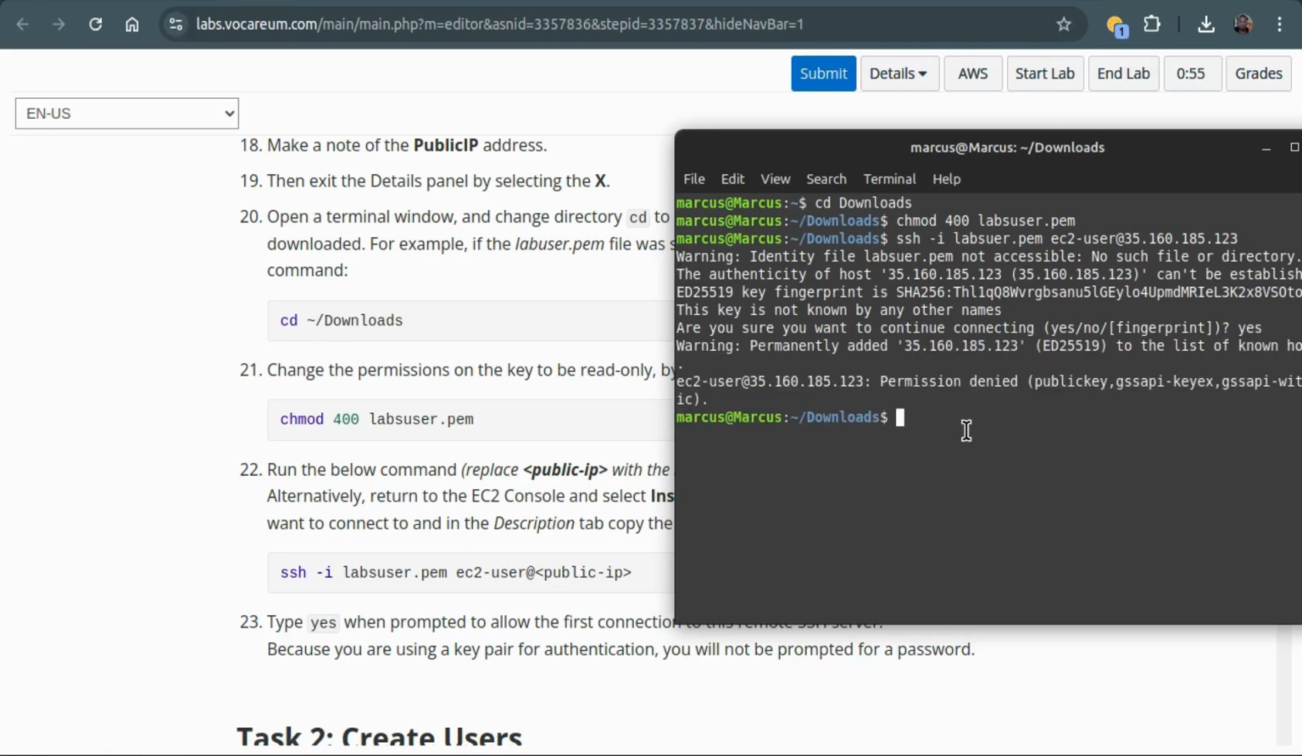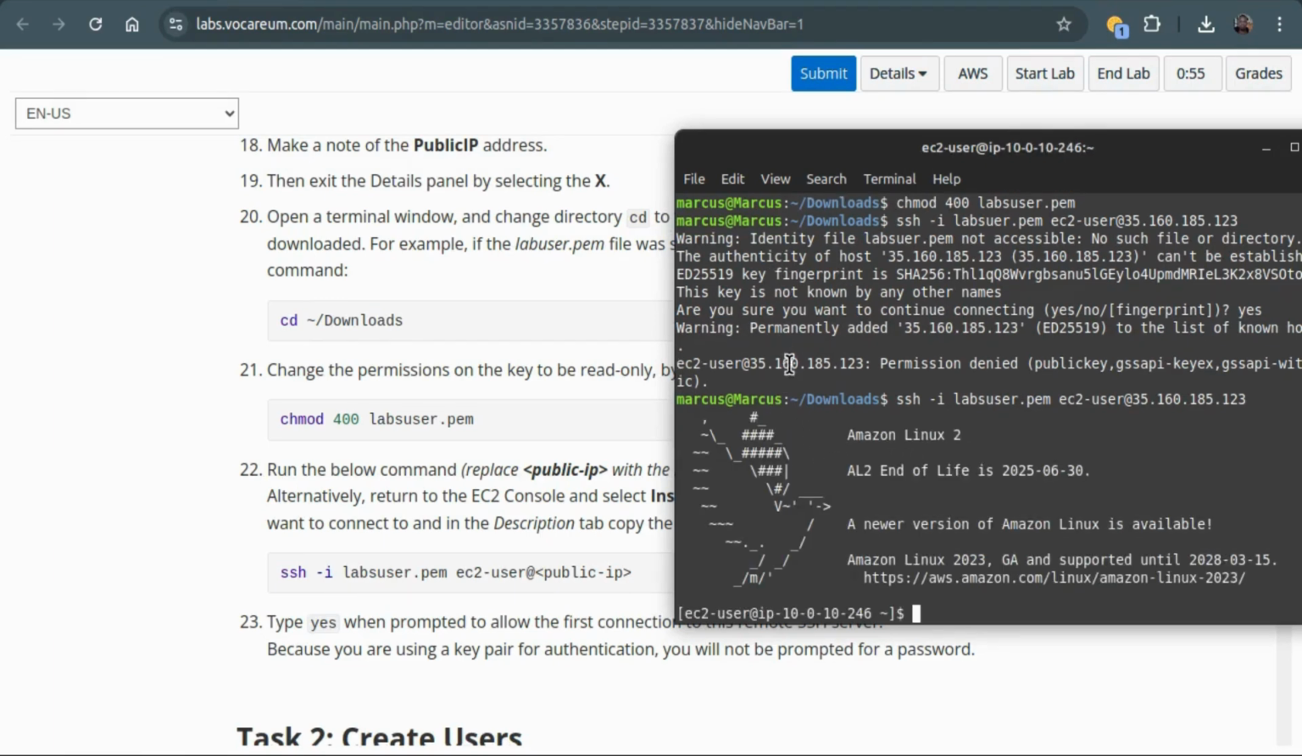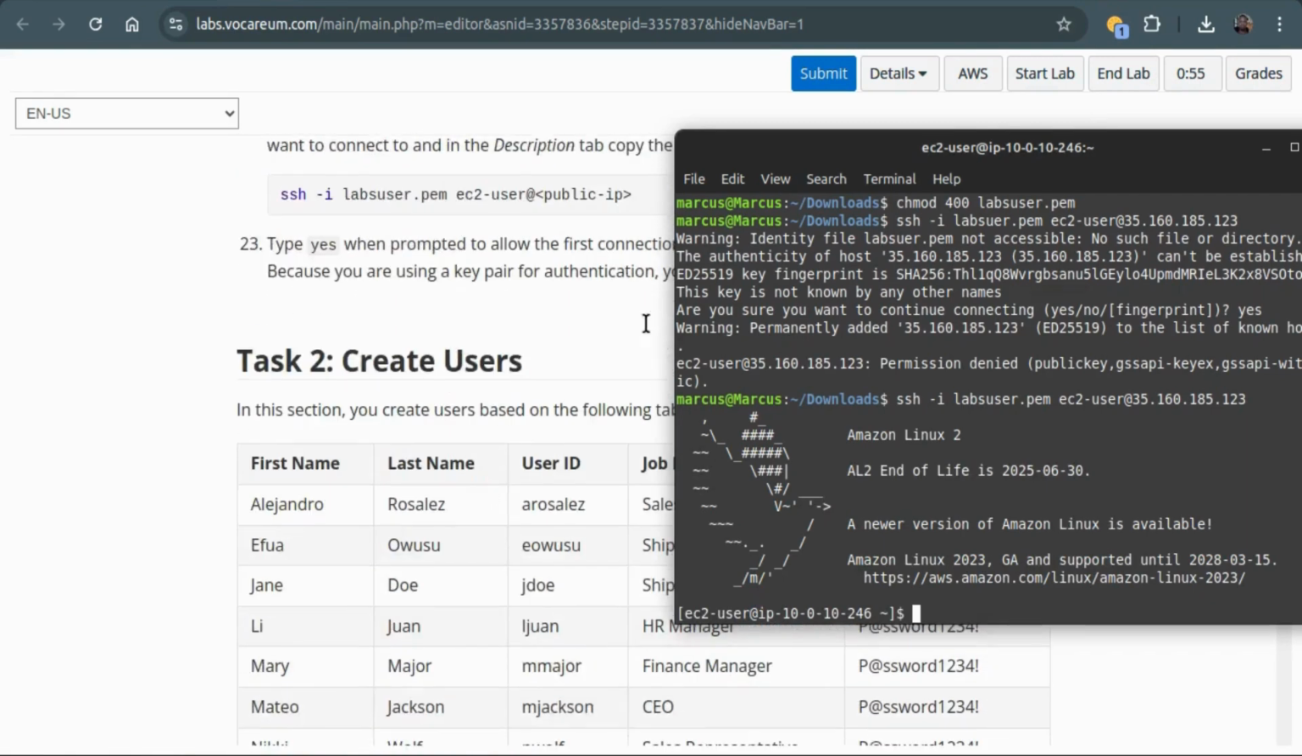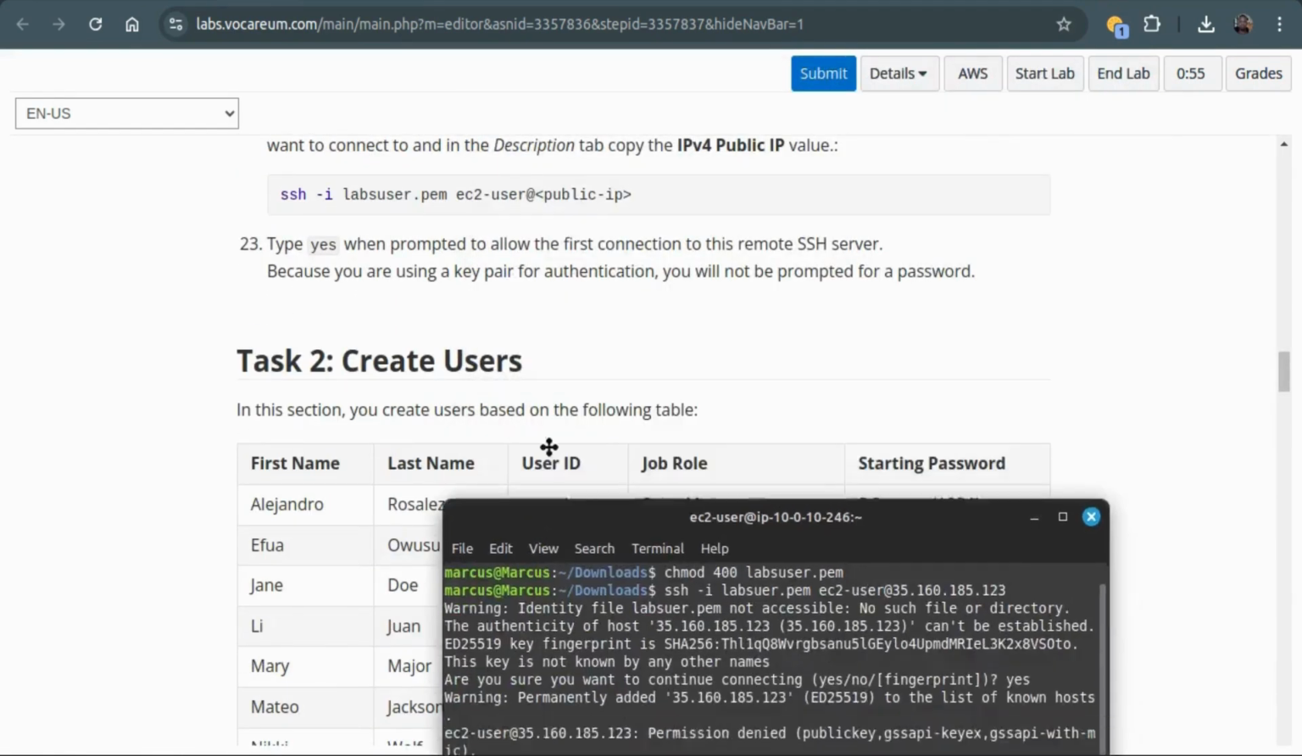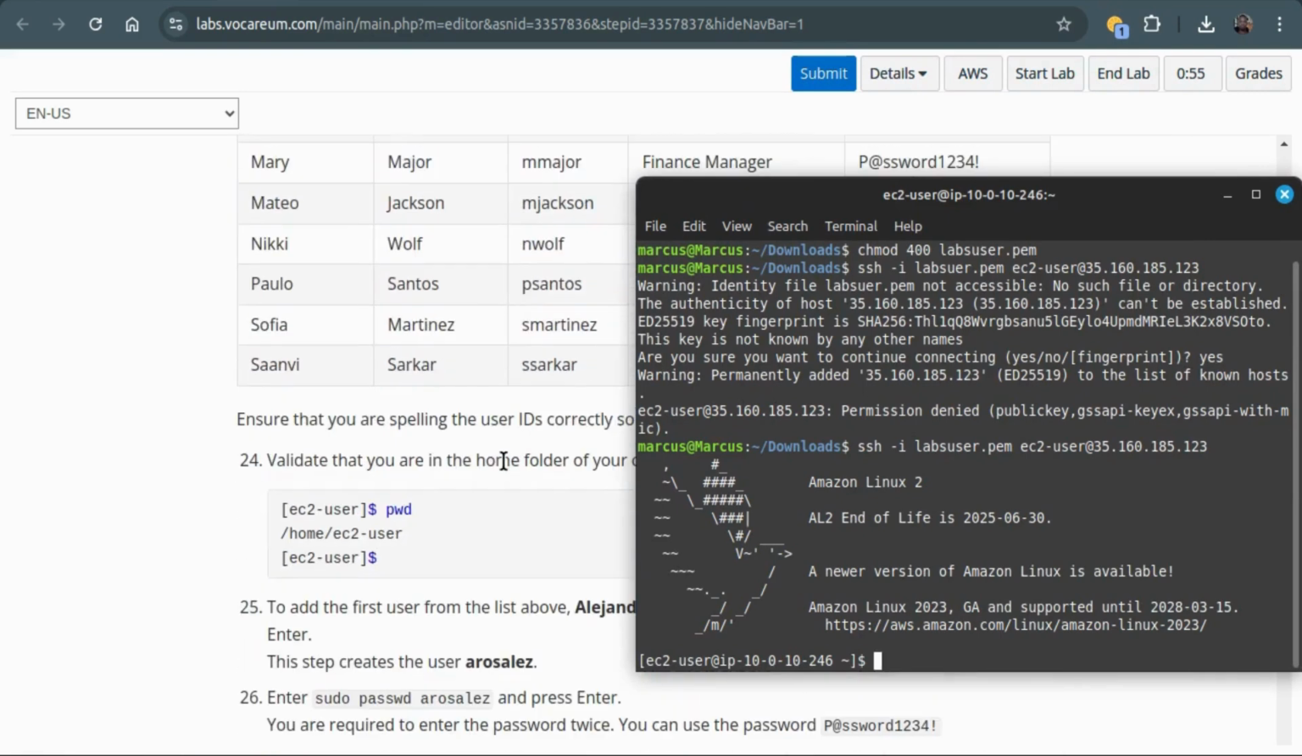Obviously, I have typed something wrong. Yes, there it is. Okay, so the very first thing we're going to be creating users, and to create users,